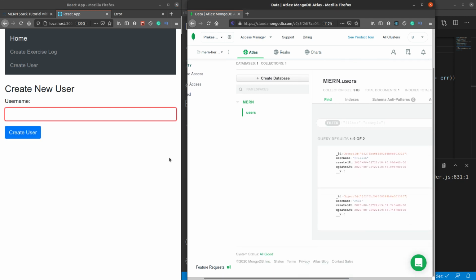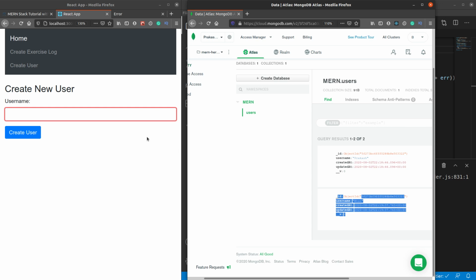As you can see, the front end is calling the backend service, which is again interacting with the database to save our username. So we have completed and understood the major chunks of our application, where the UI, the React application, is interacting with the Express.js and Node.js application, which in turn is interacting with the MongoDB server.